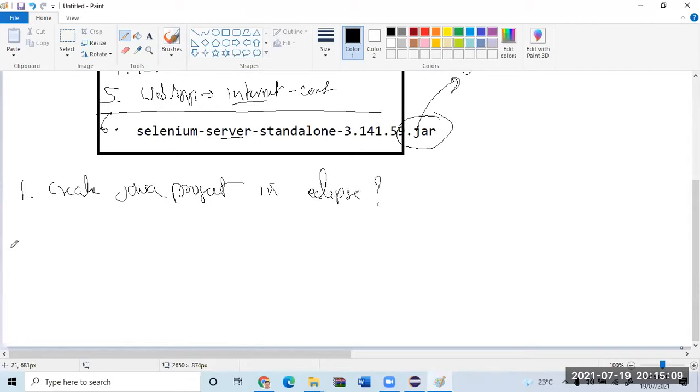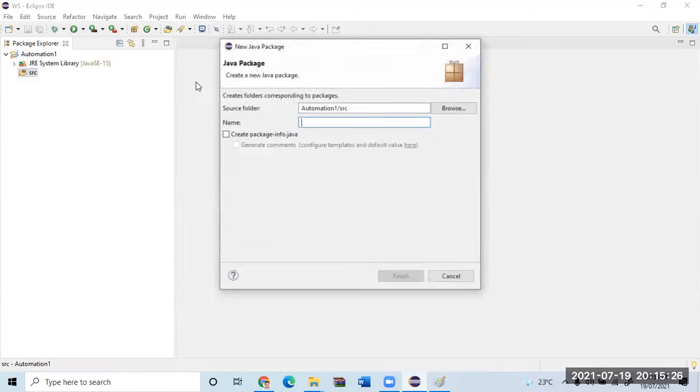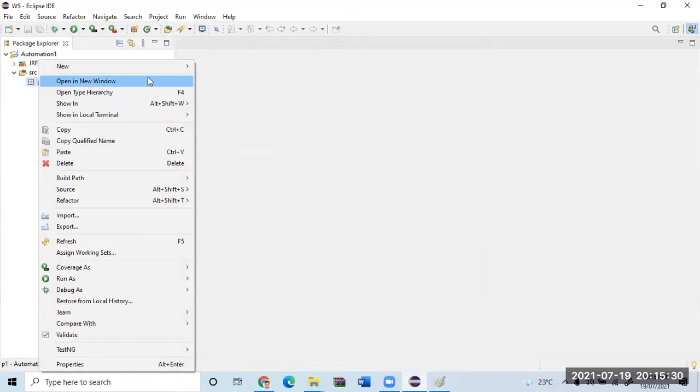Can I use an existing Java project? Of course you can, but my recommendation is you please create a new Java project. Once you create it, let us ensure that a normal Java program is working. Before getting to Selenium, let me create a package P1. I'm not following coding standards as such, sorry for that.